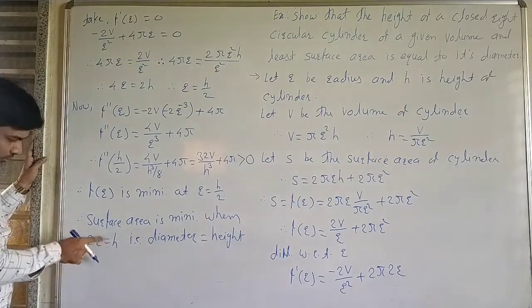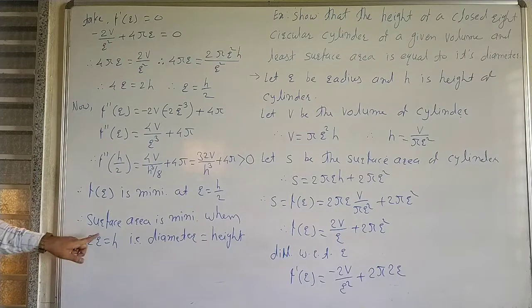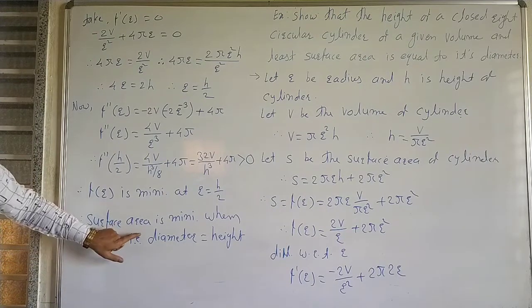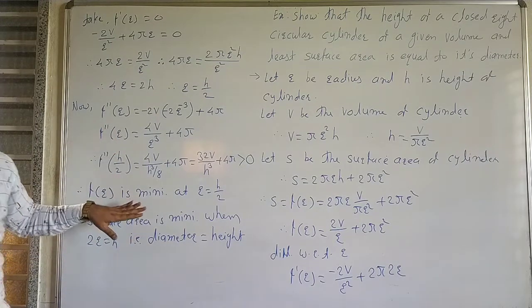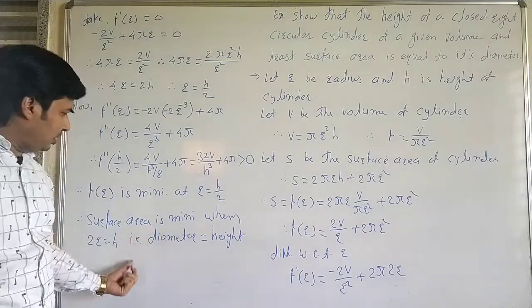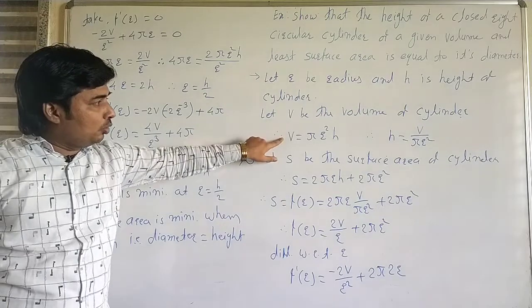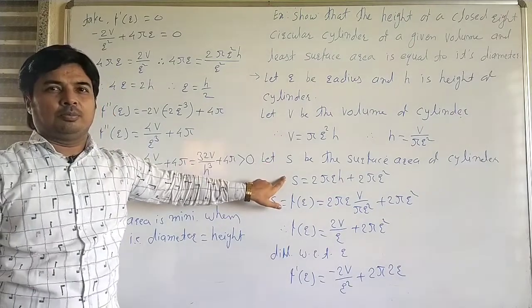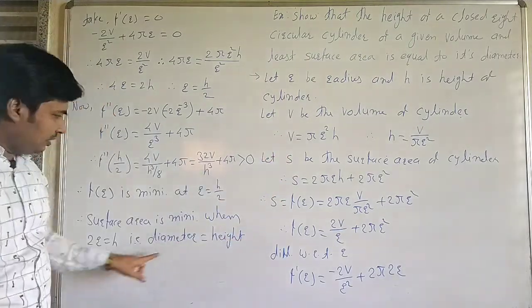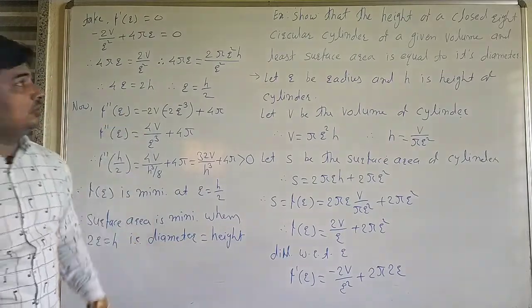R is a radius, therefore 2r is a diameter, and diameter is equal to height when the surface area of a cylinder is minimum. Here, when the volume is given and the surface area is minimum, then height is equal to diameter. Okay. Now next example,